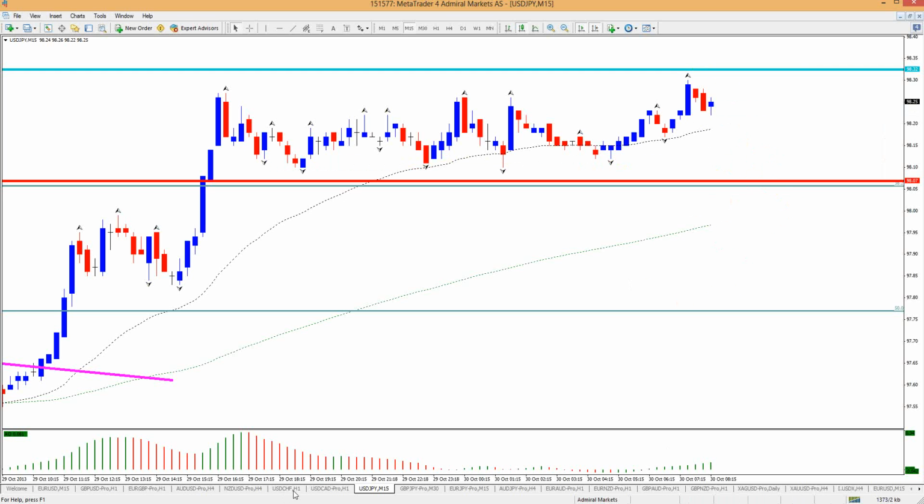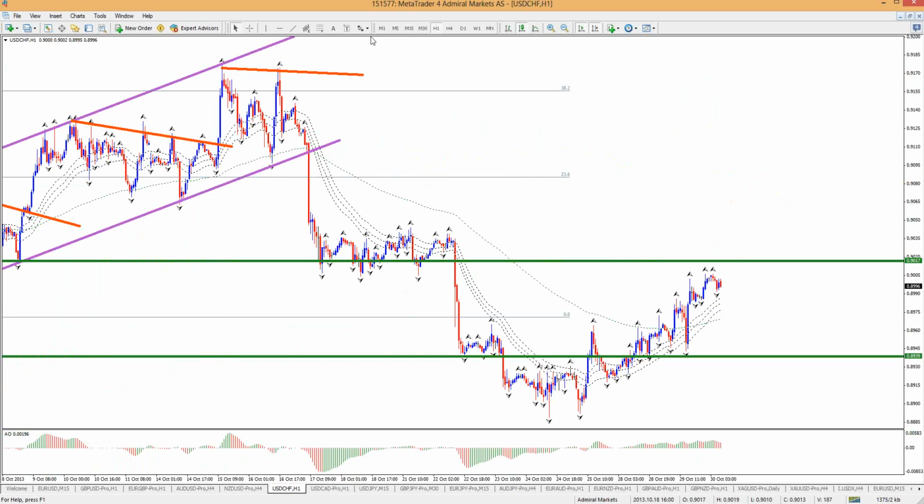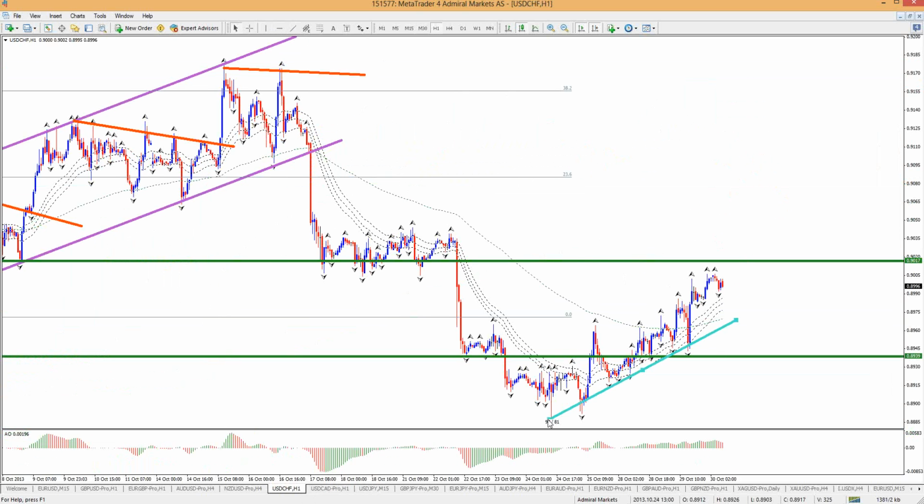So let's take a look at the others we didn't take a look at yet. Not many remaining, in fact. Swissy. Well, obviously making some upside, but could easily be a correction, couldn't it? Everyone can see that. And it could be something like this. We can keep an eye on both trend lines, in fact. Either this one breaks and it's probably a bear flag for the dollar, which I do expect on the euro dollar eventually, or we might even break above this line and accelerate to the upside, although I don't think that is that likely.